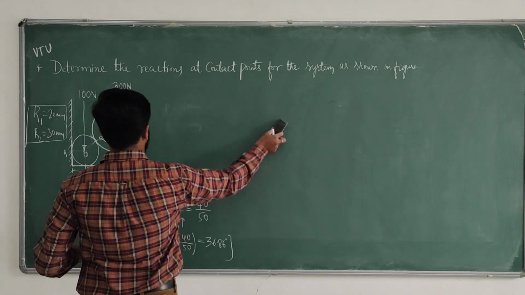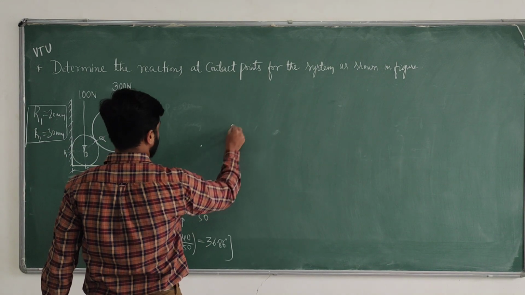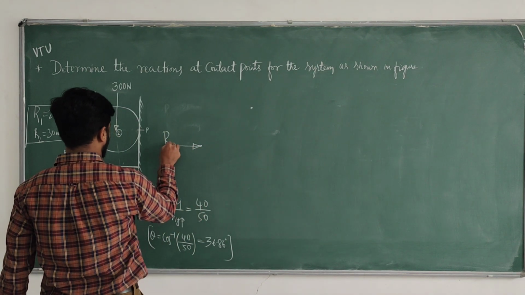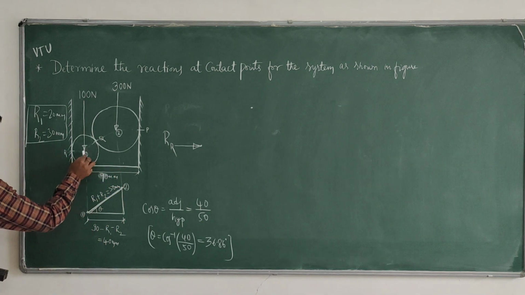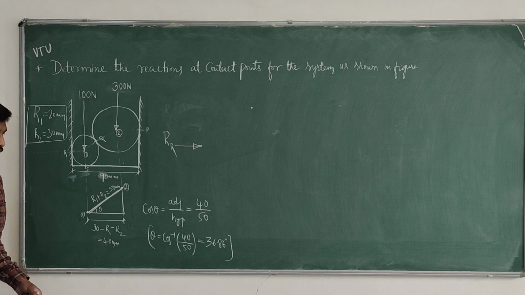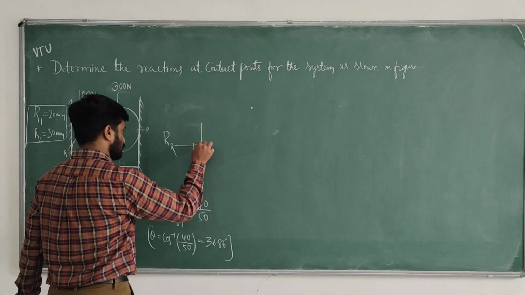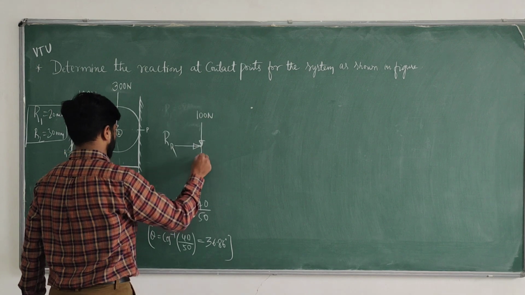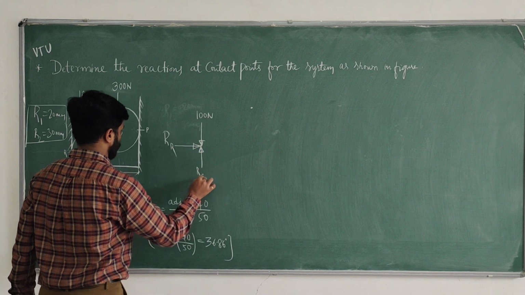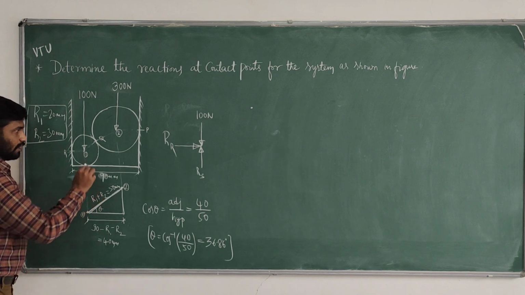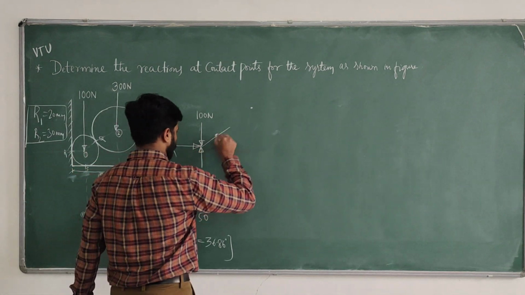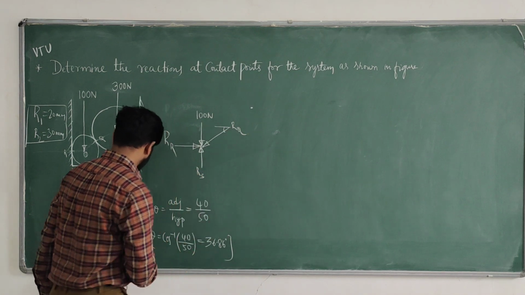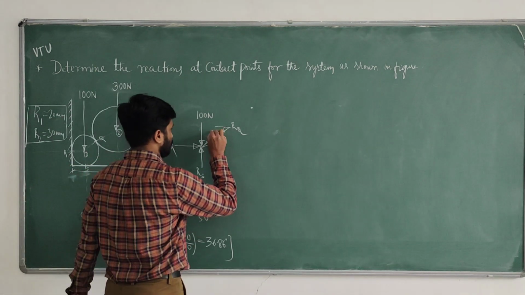Now, this is sphere 1, sphere 2. This is first R, purely horizontal. For every reaction there is an equal and opposite reaction. Next here, the weight. This weight is 100 Newton. And one more reaction, purely vertical, that is R S. And this is inclined at an angle. This is R Q. The angle is 36.86.